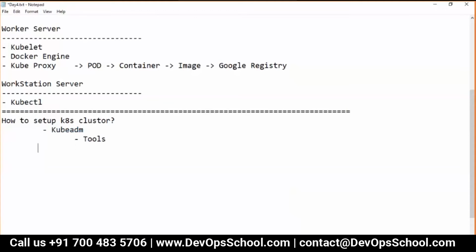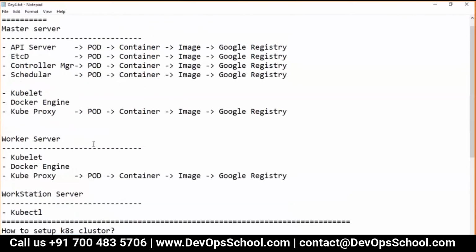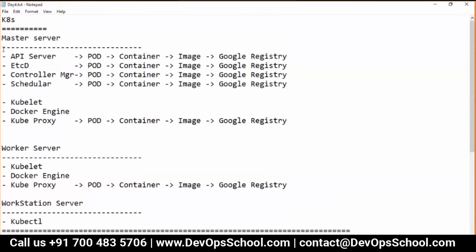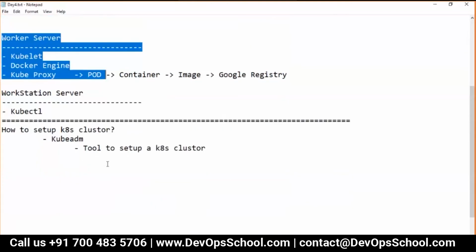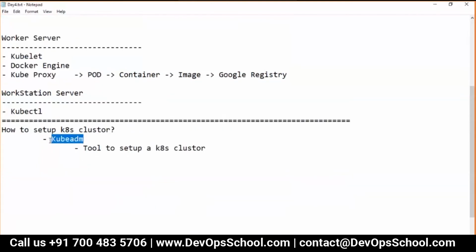So what is kubeadm? In a simple way, I'm not adding too much complexity, it is a tool to set up a Kubernetes cluster. Now it has many other features as well, but you want to set up a cluster. If you want to set up a master server or a worker server, you can use kubeadm. Everyone uses kubeadm. But guys, the question is where to set up?